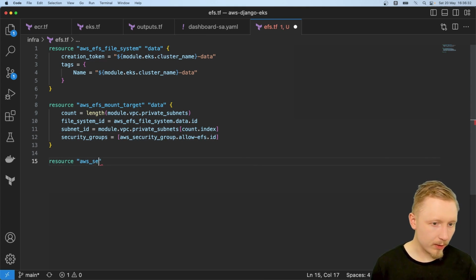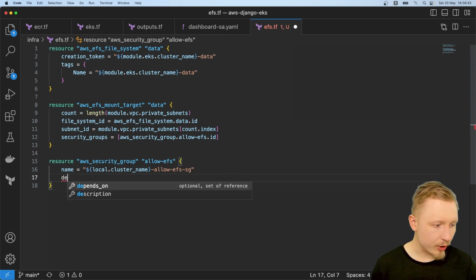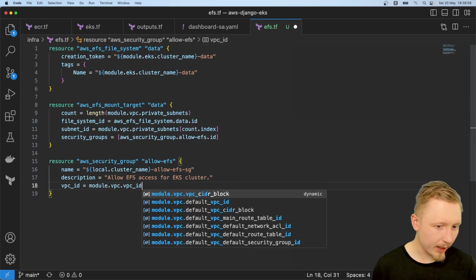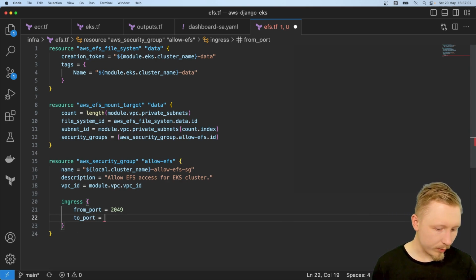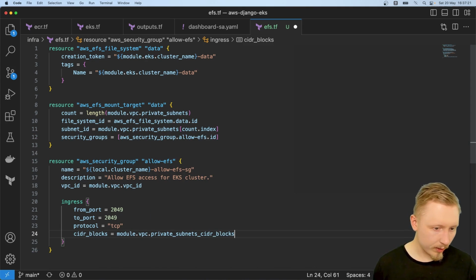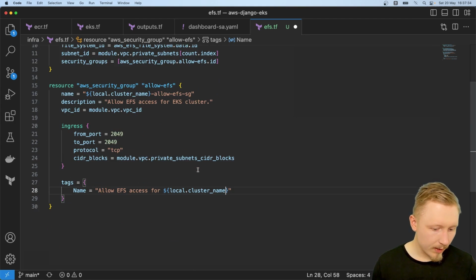So resource aws_security_group allow_efs, name equals local.cluster_name allow-efs-sg, description equals allow EFS access for EKS cluster, vpc_id equals module.vpc.vpc_id, and then ingress from port 2049 to port 2049, protocol equals tcp, and cidr_blocks equals module.vpc.private_subnets_cidr_blocks, and then tags equals name equals allow EFS access for local.cluster_name. Okay,